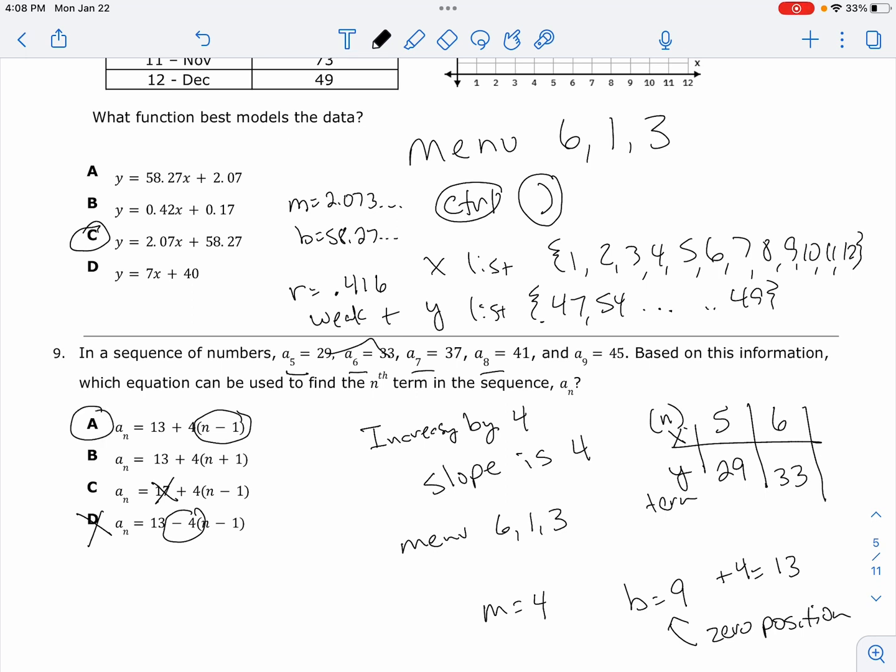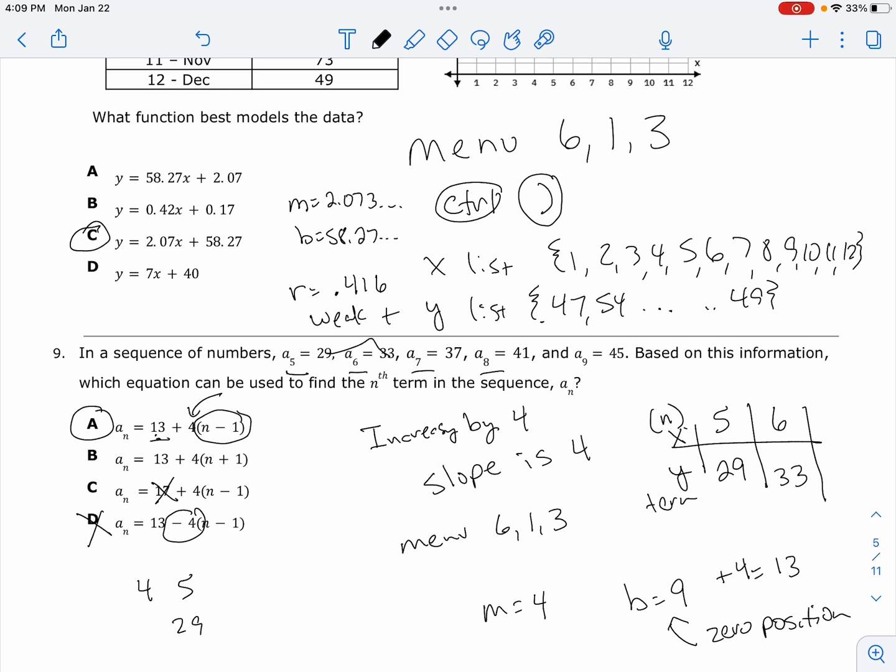So A has to be the correct answer. A is your rule. Look for your common difference or your slope. See if you can find your starting number. Here's the other thing that you could have done, which might have been a little easier for y'all to find. That first number is always your initial value. Since my 5th number was 29,